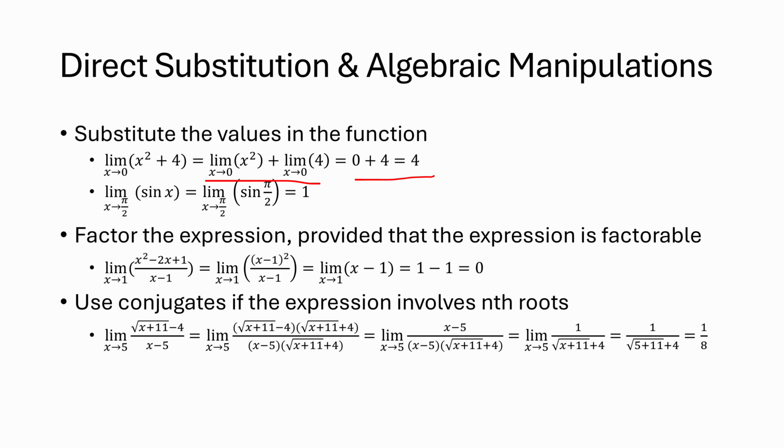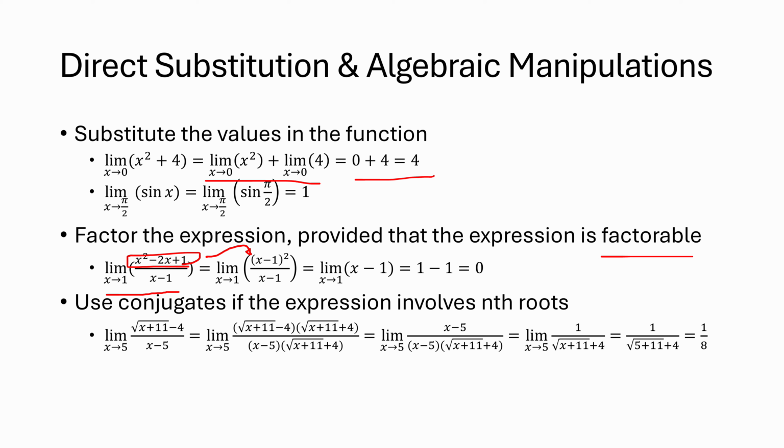The second method is to factor the expressions, provided that the expression is factorable. So, for example, the limit as x goes to 1 of x squared minus 2x plus 1 over x minus 1. If you just substitute these values in, you will get an indeterminate form of 0 over 0. But the fortunate thing is that the numerator is factorable into x minus 1 squared over x minus 1. So we can just divide these values